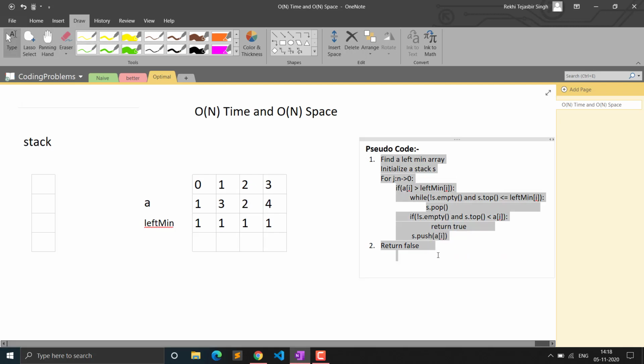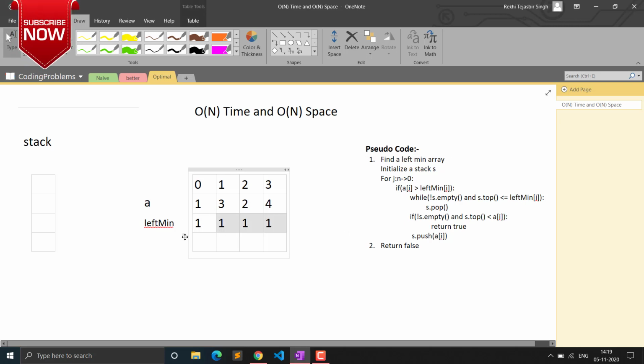Now let me change this actually. So now this is our pseudocode that I've written. It seems to be difficult, but I will explain it simply. First, this is the basic step that we have to do for finding the ith element. For every index, for finding the ith element, we will simply find the left element. So the array will be this, we have formed it, this 1 1 1. Now we will have to use the stack data structure for finding the kth element, which will be greater than i, but less than j. If that element is not less than j, then we will simply pop it from the stack, and we will only keep the elements which are eligible for our condition. That will be the use of the stack actually.